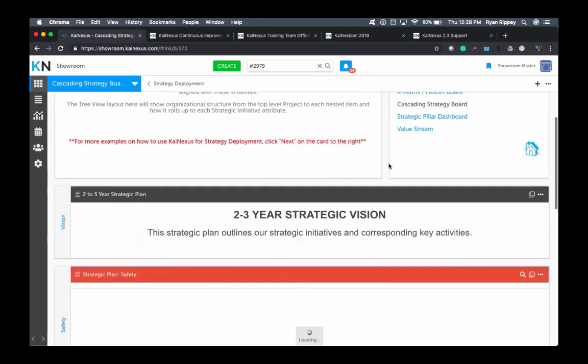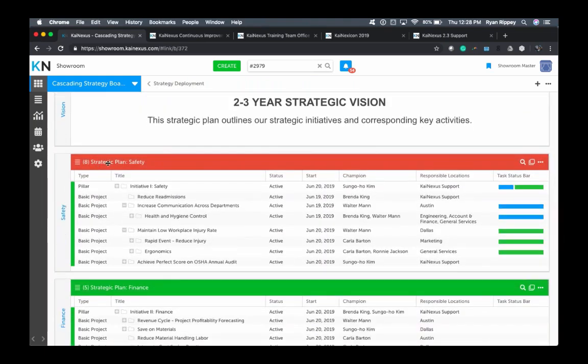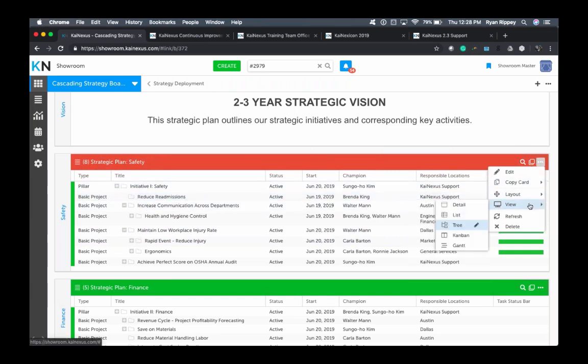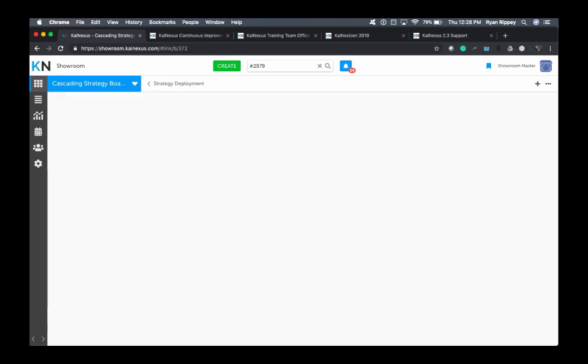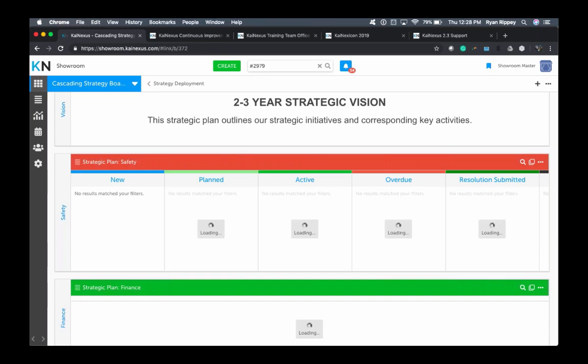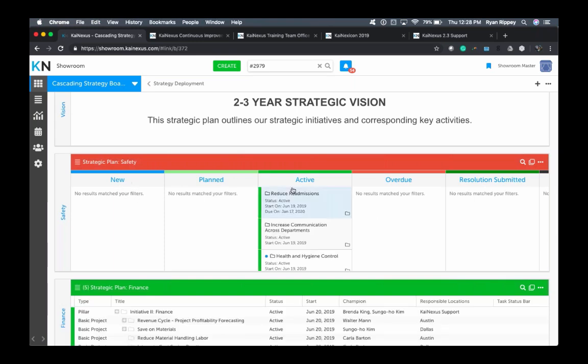So if you're using an item list card, for example, we have our strategic plan safety. If I wanted to look at this in a Kanban view, I'm going to switch this over to Kanban. Now, one of the things that you couldn't do before, but now is accessible, is if you want to reorder the status options,